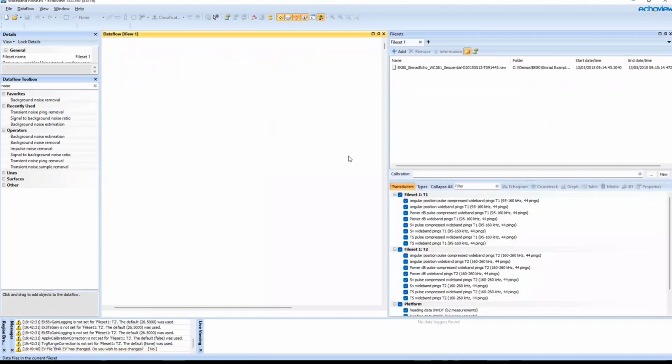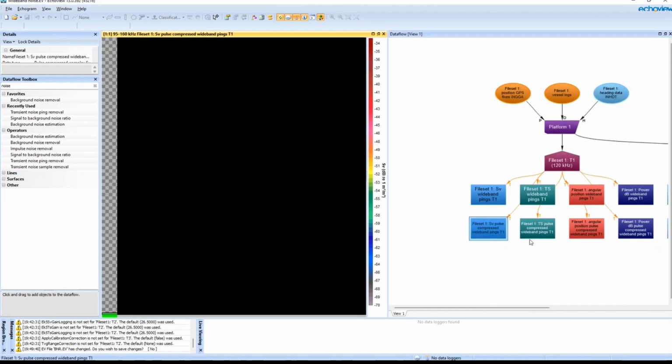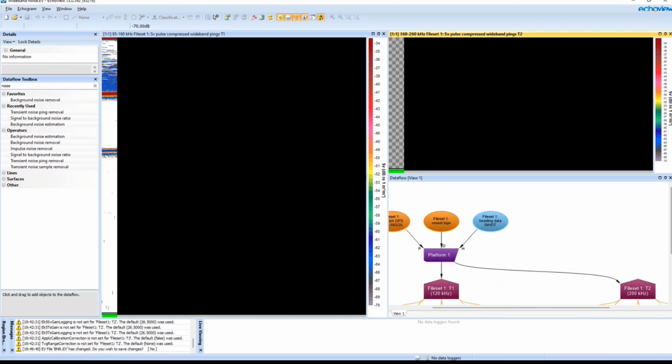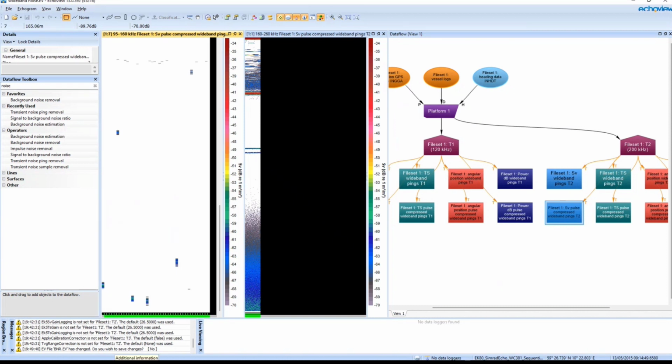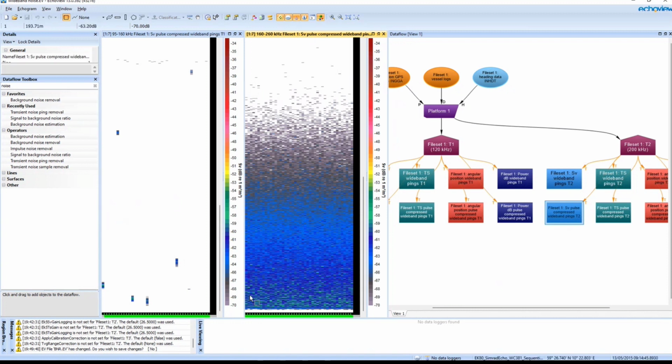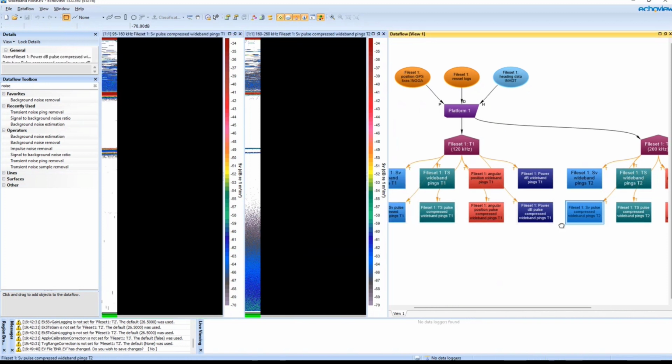Wideband noise file. This is just some of Simrad's example data here. 2 Sv frequencies here, T1 and T2. And if we just take a look at these, they've each got problems that we can deal with now with these operators. In the T1 data, we've got some impulse noise spikes that we would want to remove because these will definitely cause effects in wideband frequency response calculations. And then in this variable here, we can see we've got that rainbow of background noise that we'd like to deal with and remove. Let's take a look at that.